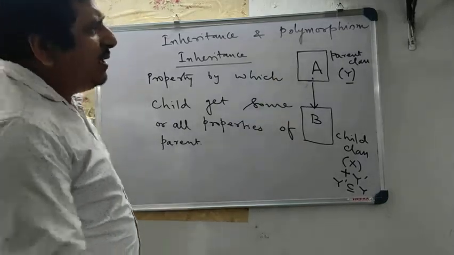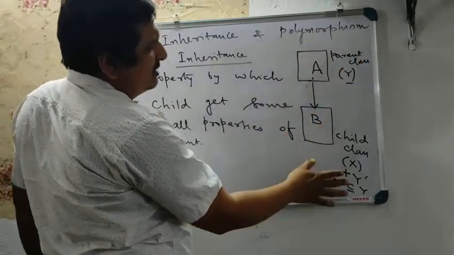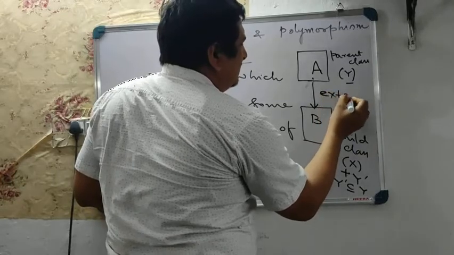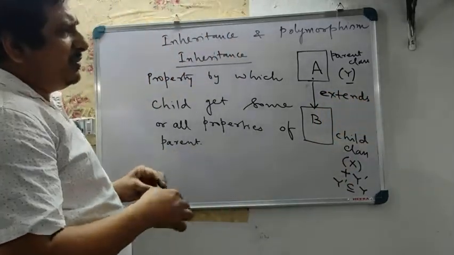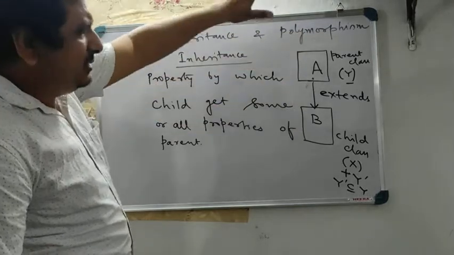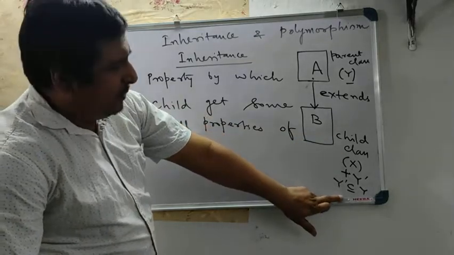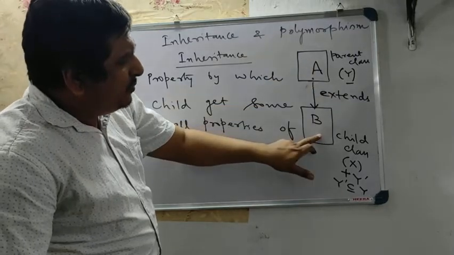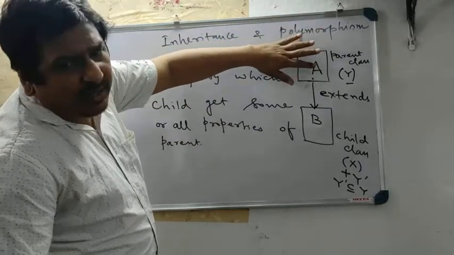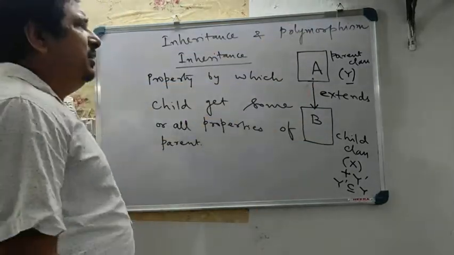In a technical way, if we have a class A which is the parent class and another class B which is the child class, and there is a relationship known as extends, it means A will pass some features, properties and actions to B. A can give B all its features and properties, or some part can be kept by the parent itself and some part shared with its child. So this is known as inheritance.